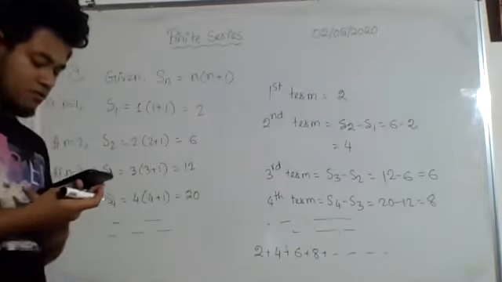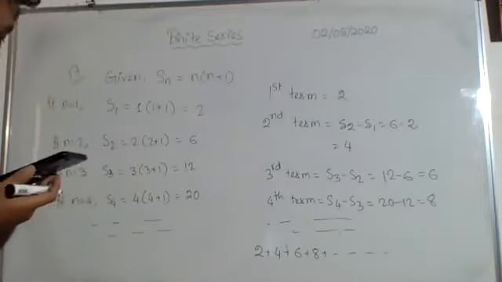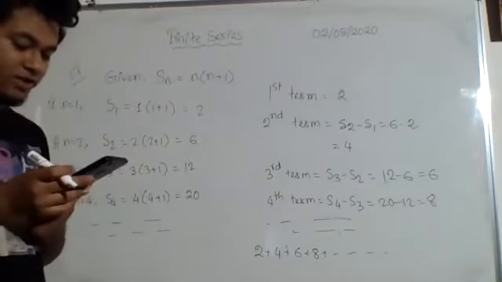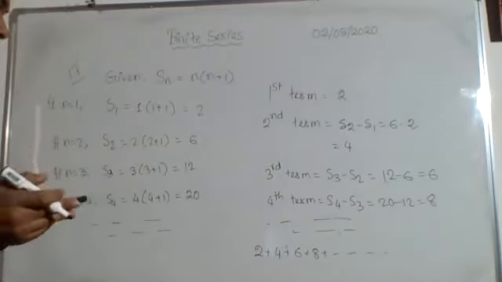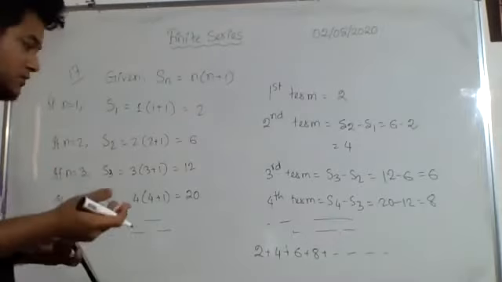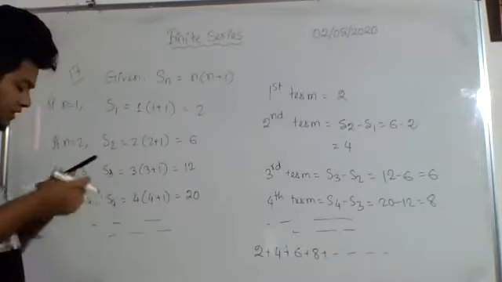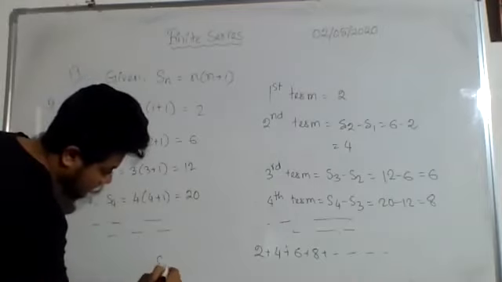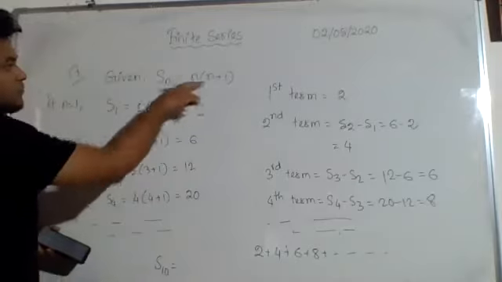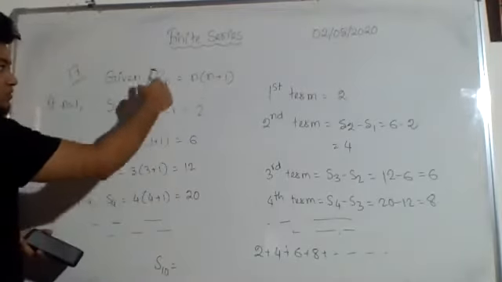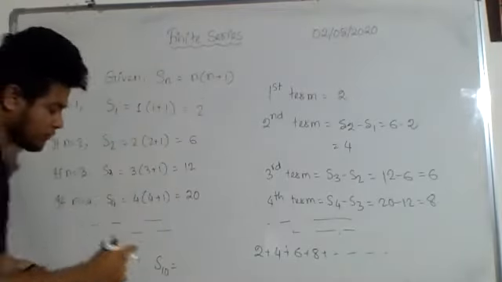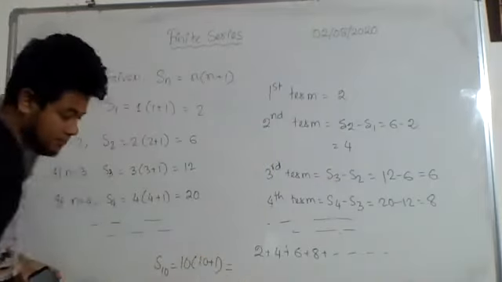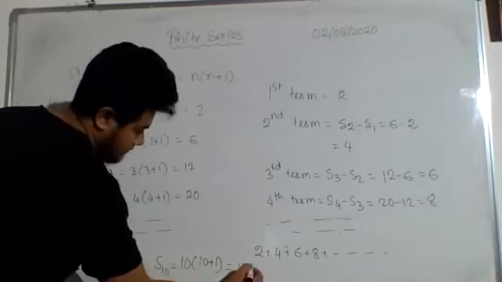Now if you take a look at question number 18, that is similar to this one, but they told us to find out the sum of first 10 terms also. So if you want to find the sum of 10 terms, you have to just find one more thing, that is S10. You have to apply this formula. Sn is given already. The summation formula is this for this particular problem. So we will write 10 into 10 plus 1, so it will be 110.